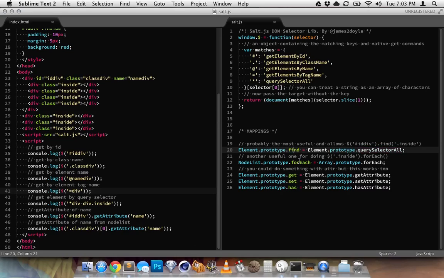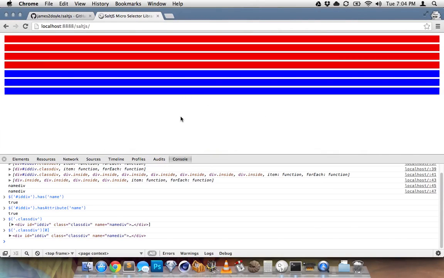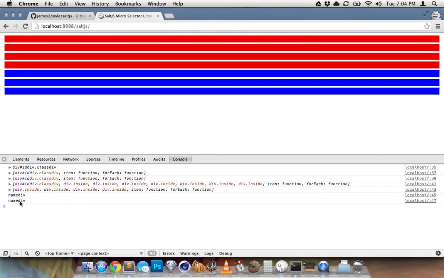I haven't really tested the speed on that, but it's the native. It's not like me going through a loop or checking the length or anything like that. It's the native equivalent. Something just for fun, you could map all the get, set, and has attributes to just get, set, has, so you don't have to do any long queries. So I'll refresh this here. You can see that those console logs dump out a bunch of information here. Because I've mapped those queries, I can do things like